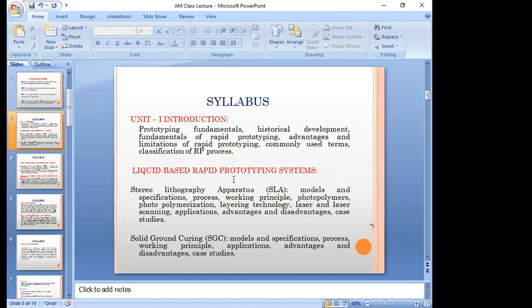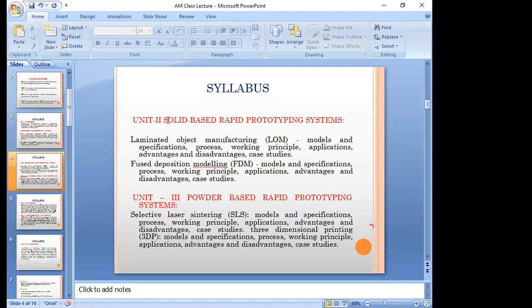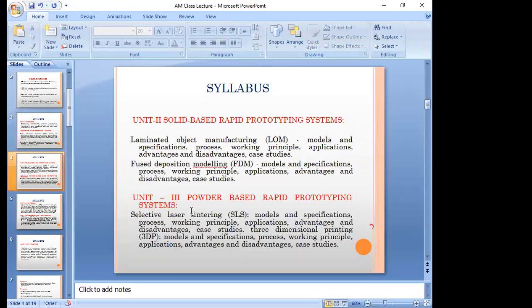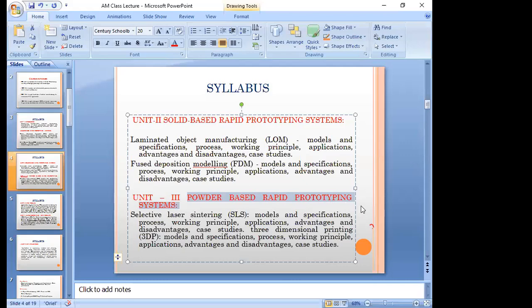There are three types of input material: one is liquid based, second is solid based, and the third is powder based rapid prototyping systems.